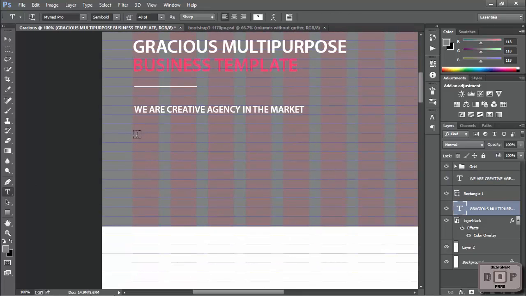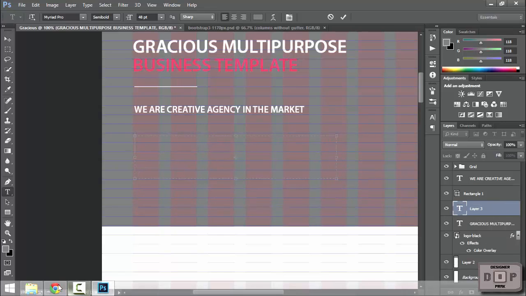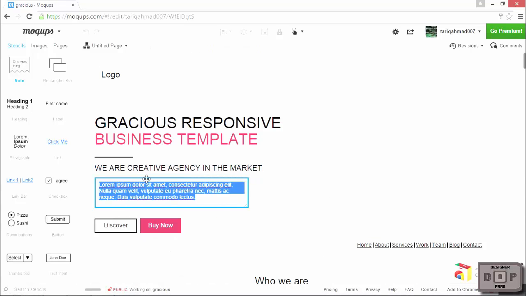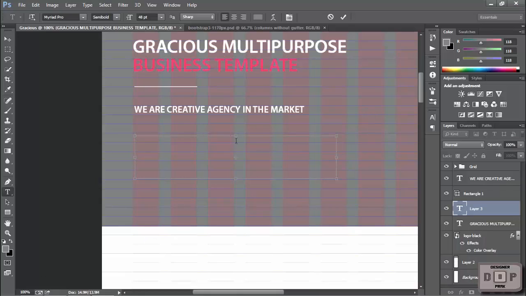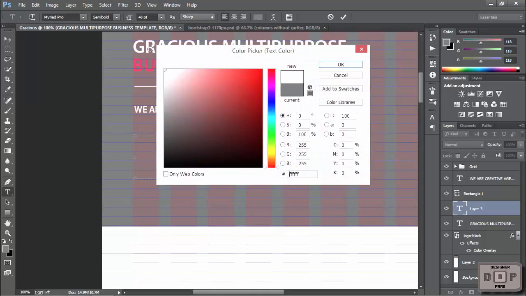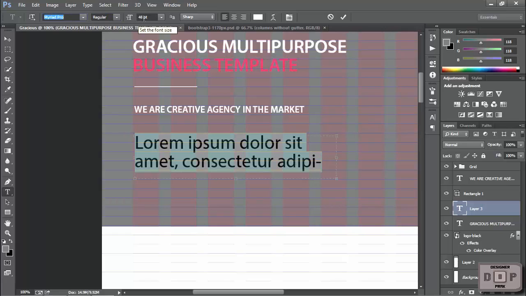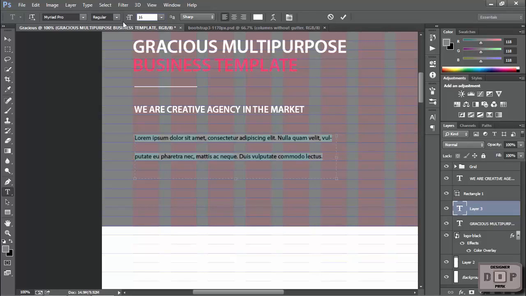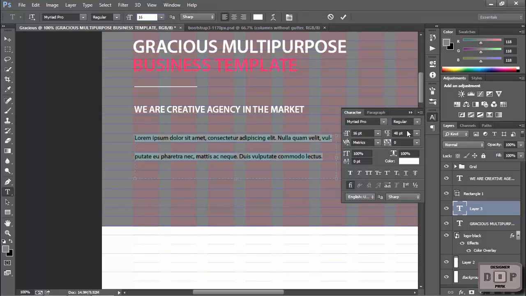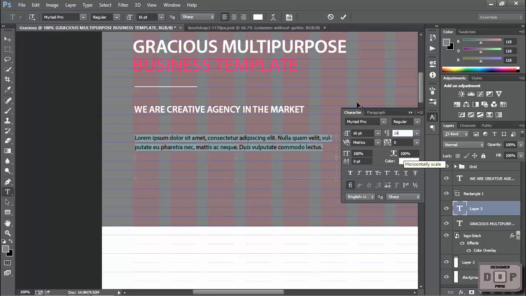For that I include the text tool and come here to my design, select it and paste it. Now change the color to almost white. From here change the font weight to regular with a font size of 16 pixels. The line height should be around 24 pixels